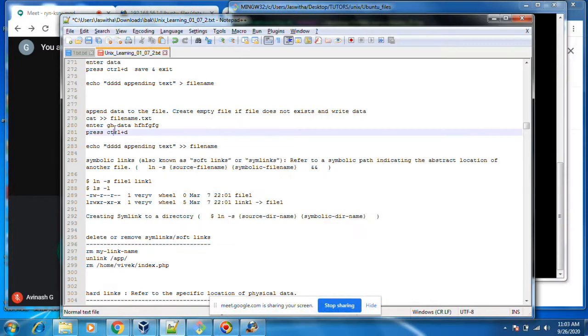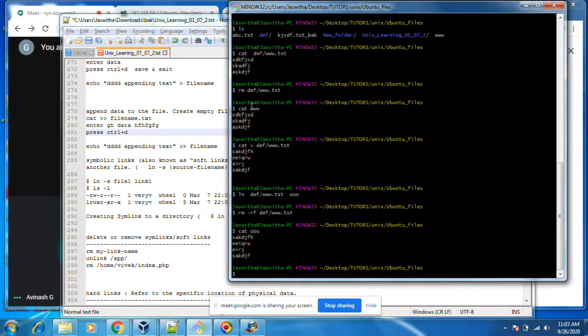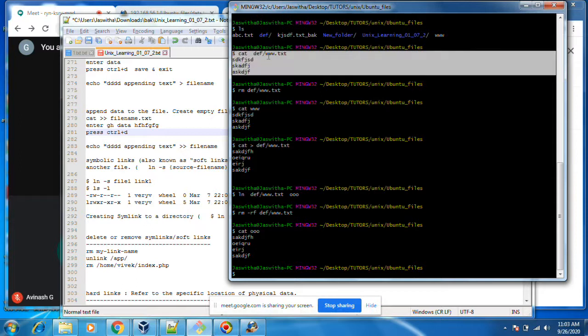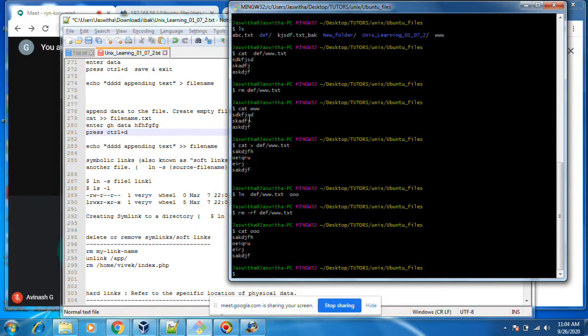Ideally, a soft link is just a normal link. If I remove the contents in the www.txt, the soft link will not work here. Whatever the data is, it will not show. Whereas with a hard link, both places should have the data. A soft link will not be like that. It is just a link to that file, something like this.